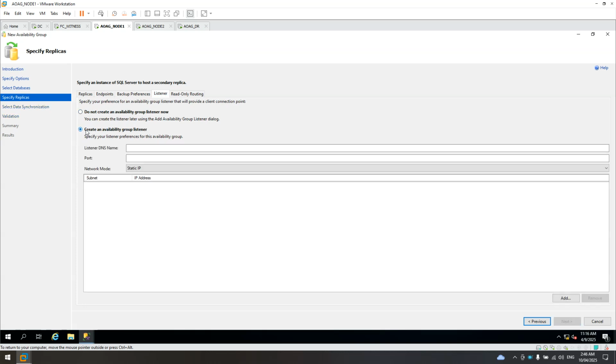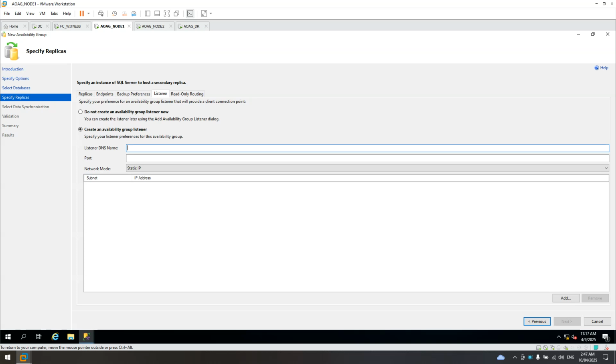So the listener is very important, because applications will not use the AG node name. If you use the name AG node 1 in your application and node 1 fails, your application will fail also because it cannot connect to the server.